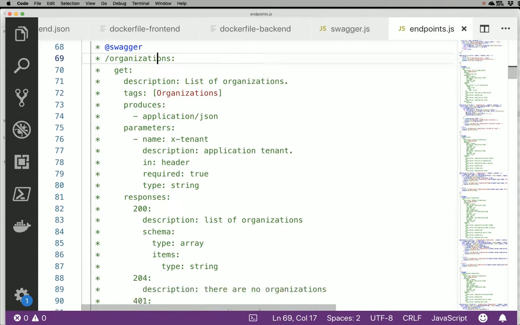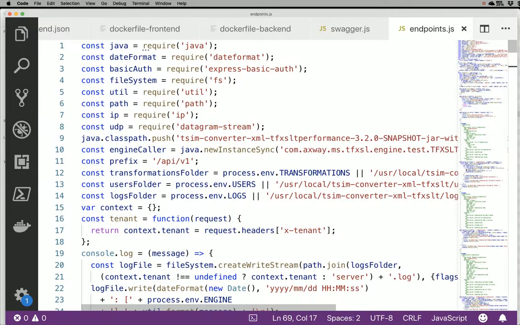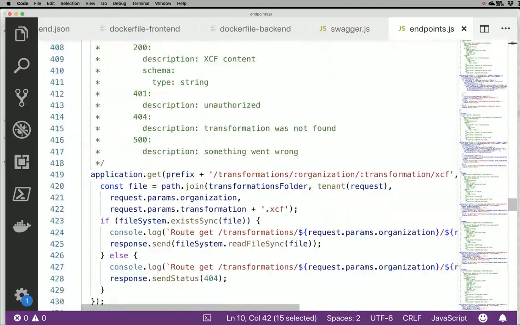and that will be used to generate the Swagger. And the idea is that I'm using the Java module to call my TFXSLT engine from JavaScript. I configure the class path to load only the jar which contains all the dependencies of my component. I then create an instance synchronously of the engine, and eventually in the end I have a method which will do the transformation,